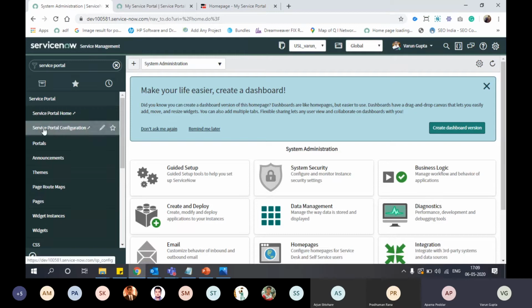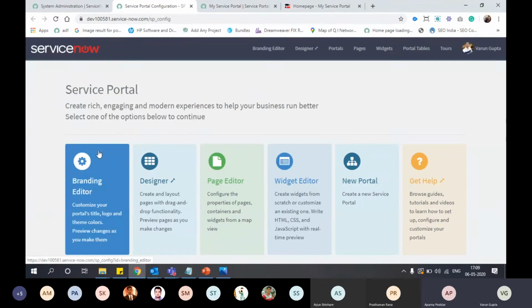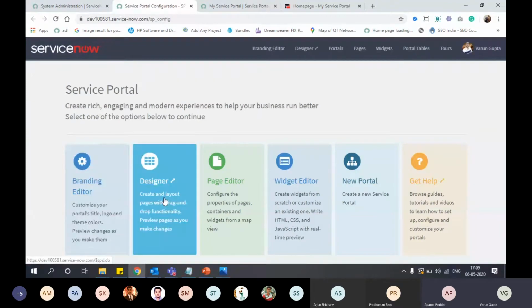We will go to portal configuration. In our previous session, we did the branding editor, then designer. So we will edit this page in designer.